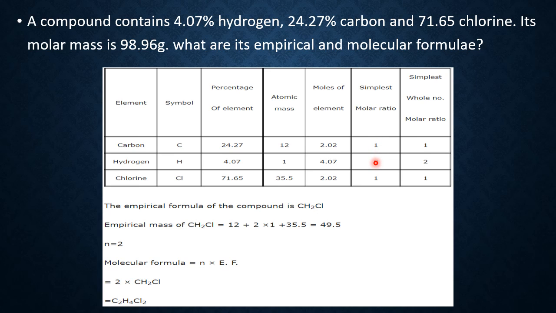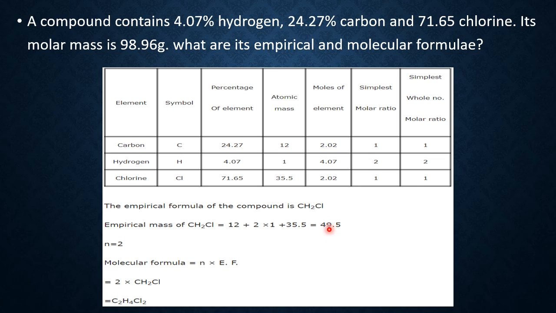So now using this we will make the empirical formula. The empirical formula equals C1H2Cl1. The 1 is not shown, it is understood. Once you make the empirical formula, you calculate the empirical formula mass. How many elements are there in it? You sum all their masses. That is the mass of the entire formula. So one carbon, two hydrogen and one chlorine masses you add. Here I added, so the empirical mass of this compound is 49.5.